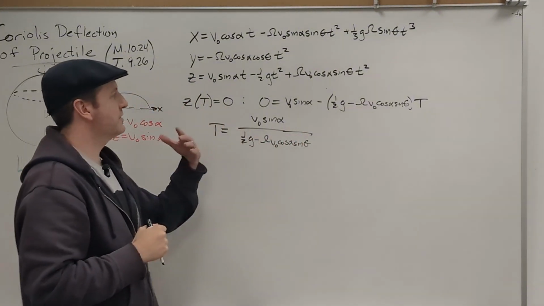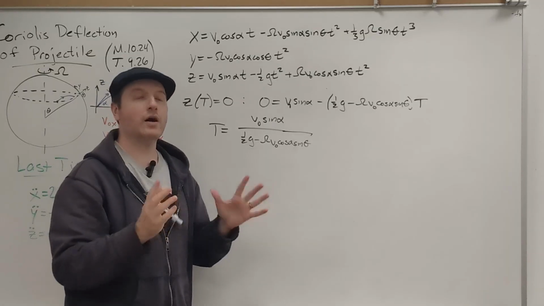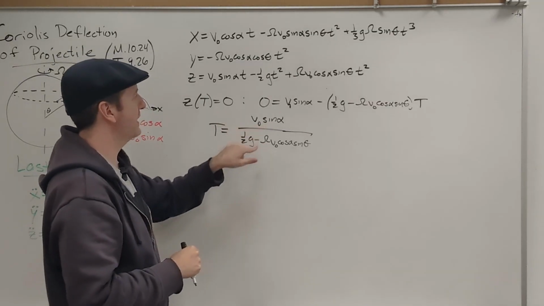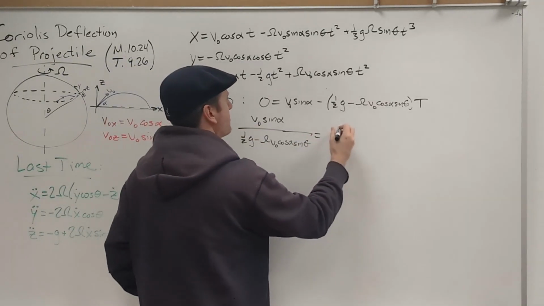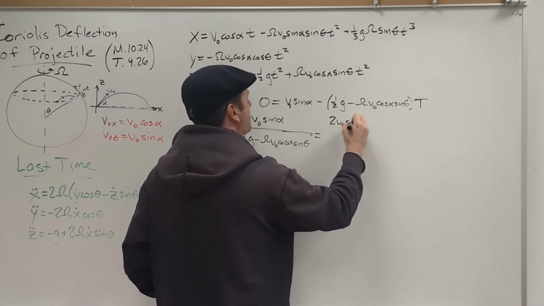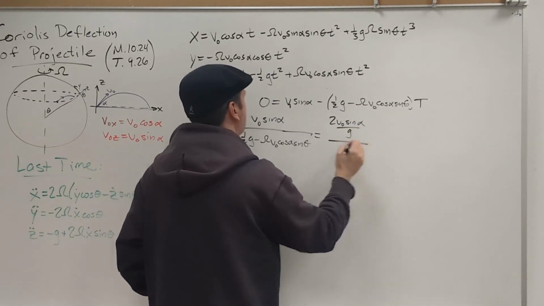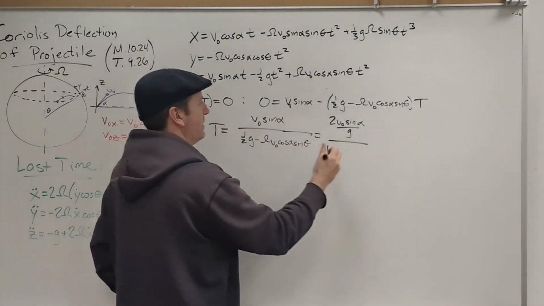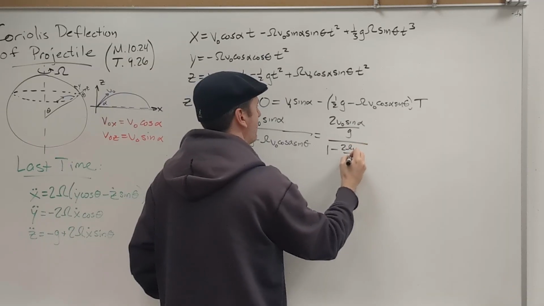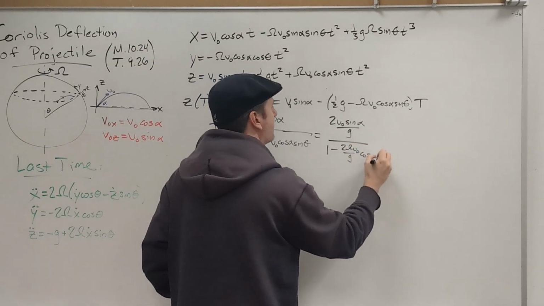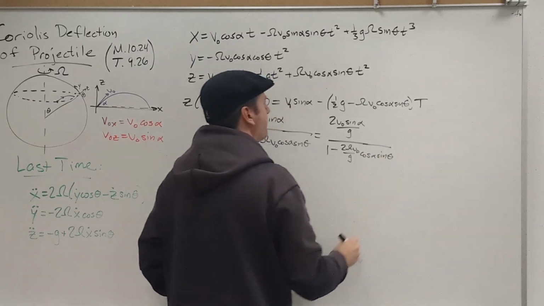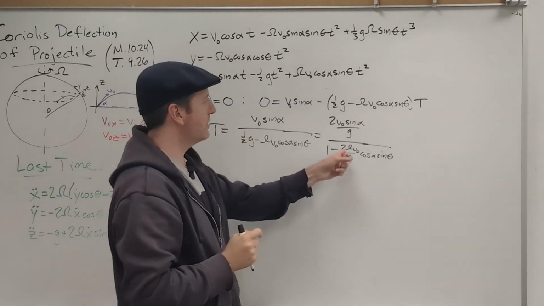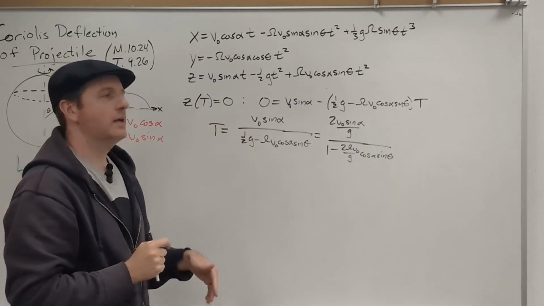Let's try to rewrite this in terms of the non-deflected, or non-rotating, flight time, which we already know is 2 v0 sine alpha over g. So I'll write that as 2 v0 sine alpha over g, factoring this basically out of the denominator. And what I'll be left with here is a 2 omega v0 over g, and then some trig stuff. Now, as it is, that's fine, but since we're working to first order in omega, let's go ahead and use